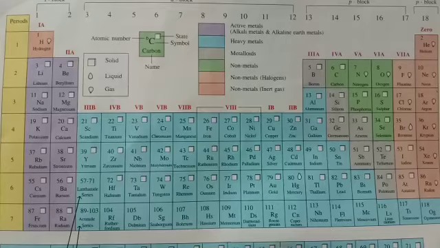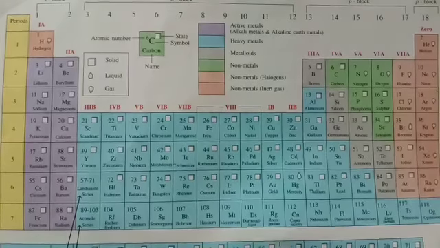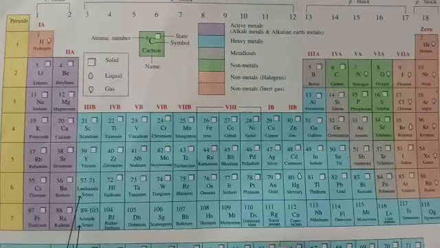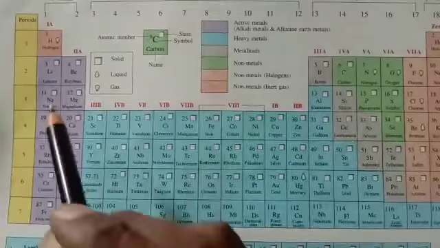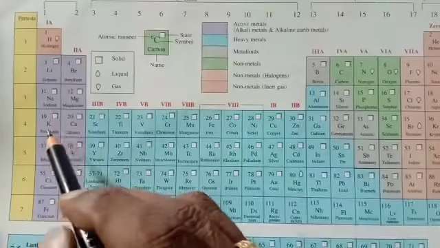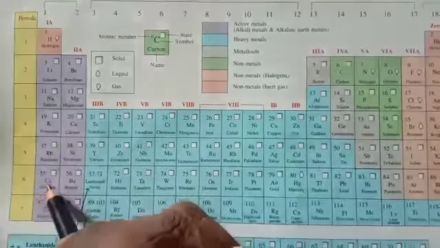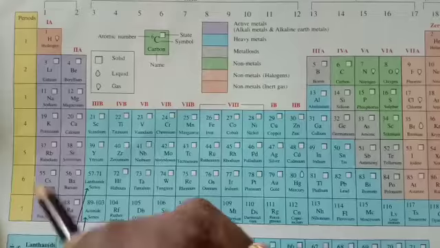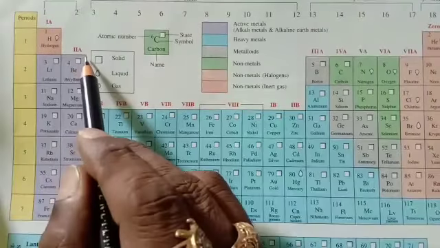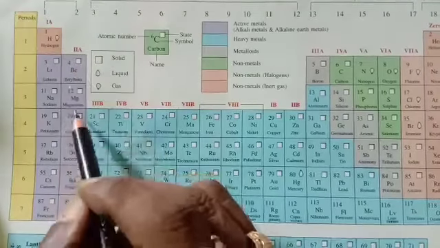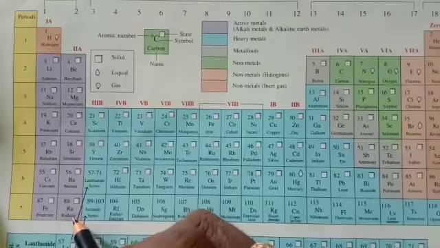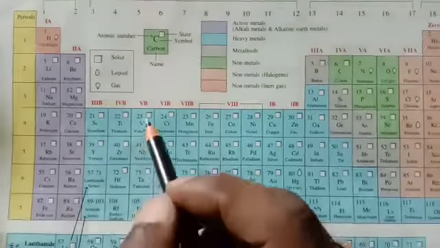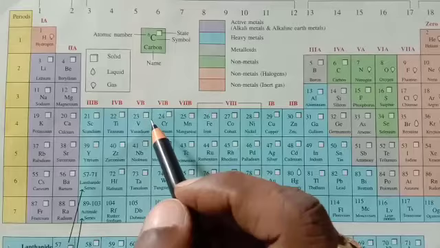Modern periodic table, the first group, that is group number 1A. The element present, hydrogen, is not a metal, but hydrogen is a gas. Except hydrogen, other metals are like lithium, sodium, potassium, rubidium, cesium, francium. Group number 1A, and group number 2, that is 2A, Roman number: beryllium, magnesium, calcium, strontium, barium, and radium. Let me discuss some electronic configuration of the group number 1 element.